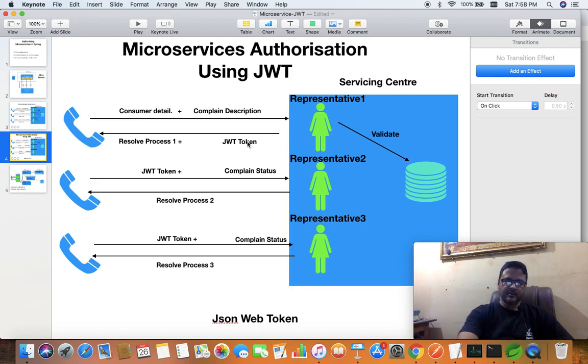Then what happens in case of JWT? When the representative provides a response to the user, it not only provides the response as the result of the problem which the user is expecting, it will provide the problem resolution process, and along with it, it will provide details about the user as a token, so that from the next time onwards, when the user comes with a new complaint, the user will have the token with the request. So you can see when the user calls the servicing center the second time, it comes with the token,